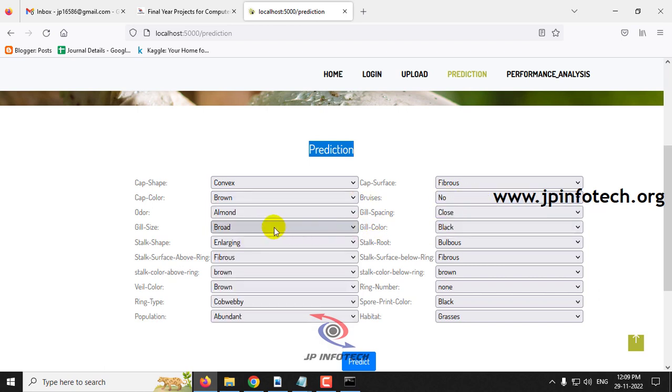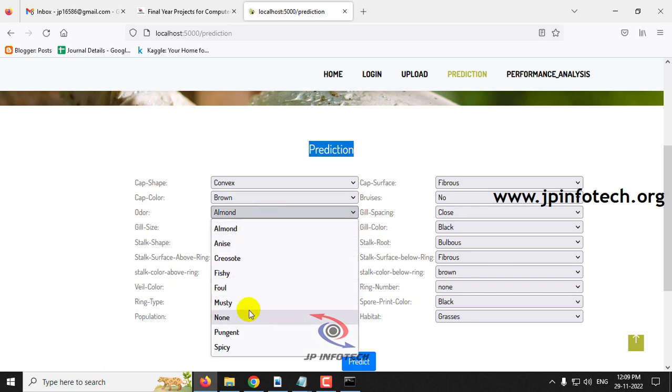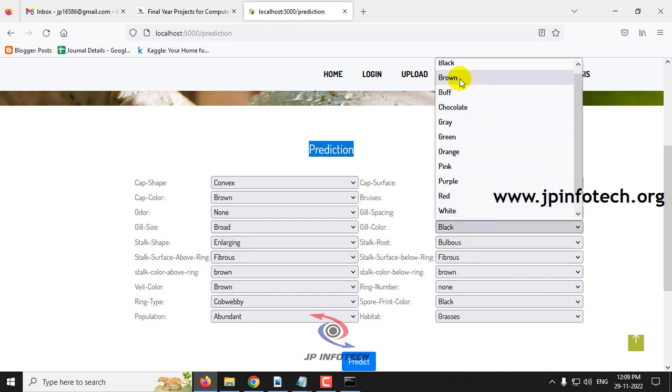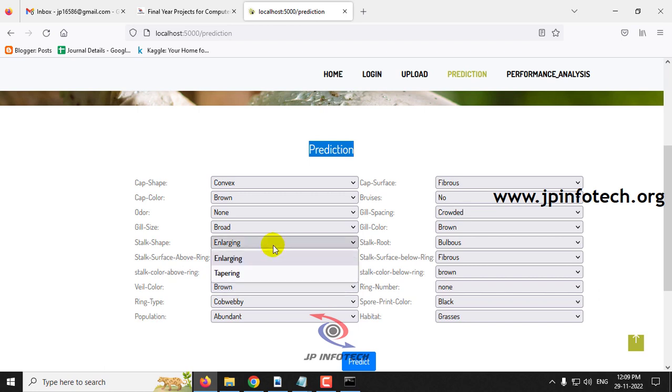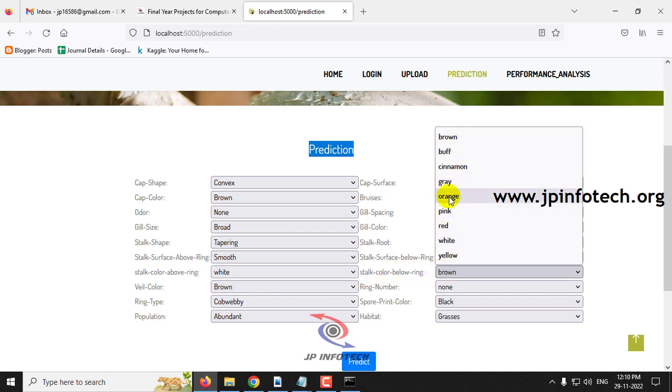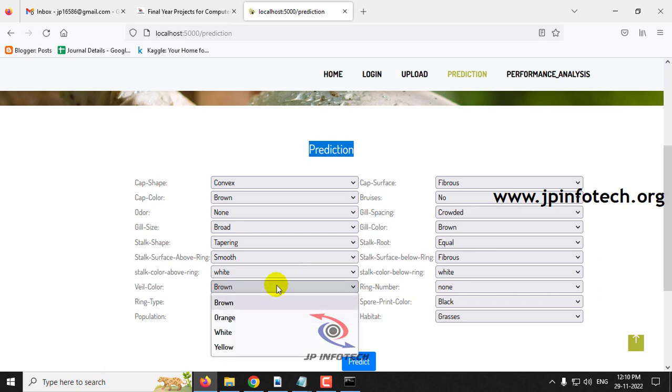bruises is no bruises, odor is none, gill spacing is crowded, gill size is broad, gill color is brown, stalk shape is tapering, stalk root is equal, stalk surface above ring is smooth, stalk surface below ring is fibrous, stalk color above ring is white, stalk color below ring is also white, veil color is white, ring number is 1,